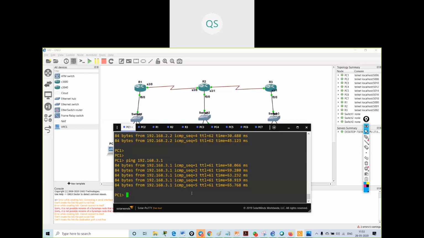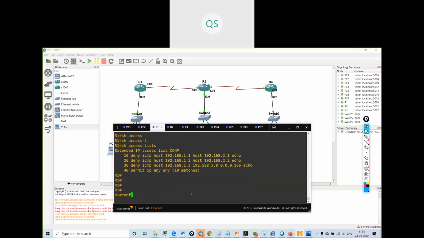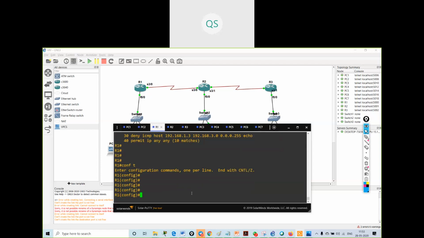So if I want to remove any command from here, I have to just give no. If I want to add any command, I will add one more command.